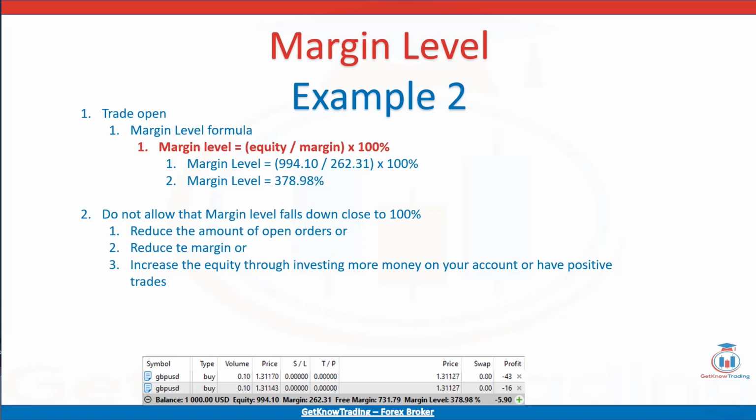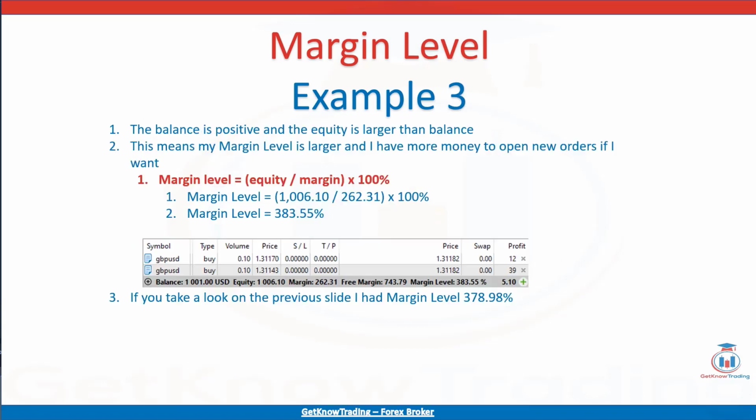Do not allow margin level to fall down close to 100%. Reduce the amount of open orders or reduce the margin, or increase the equity through investing more money in your account or have positive trades. Two orders are open to show you when the trades are positive in total. The balance is positive and the equity is larger than balance. This means my margin level is larger and I have more money to open new orders if I want. Margin level is equal to equity divided by margin multiplied by 100, and that is equal to